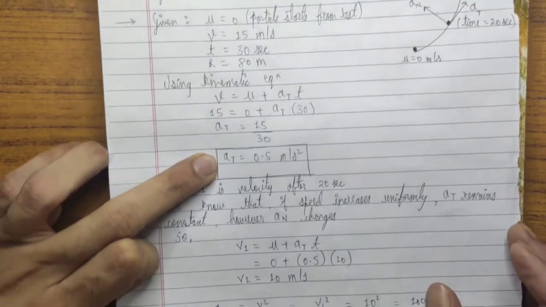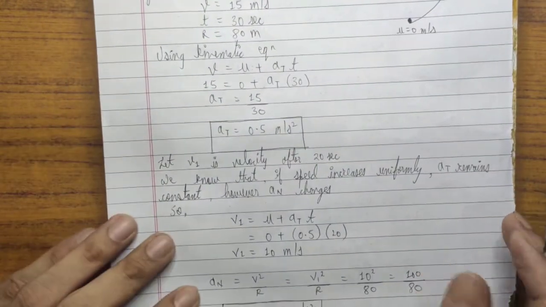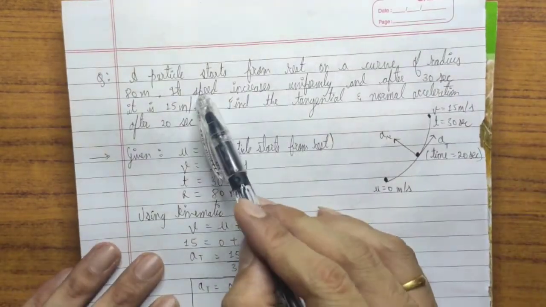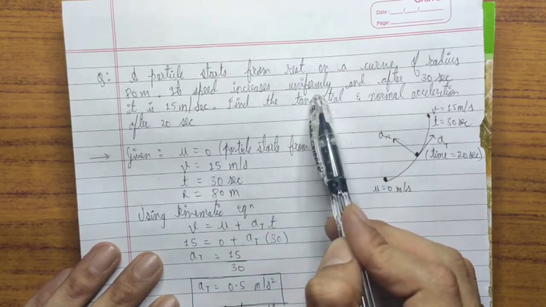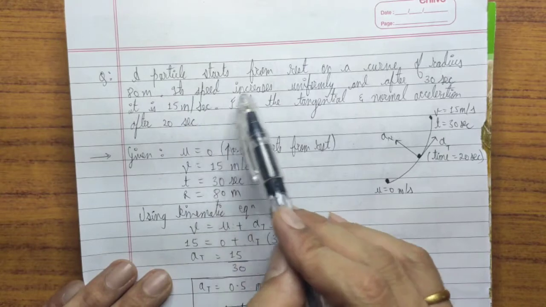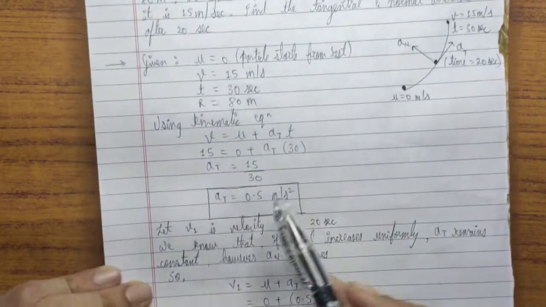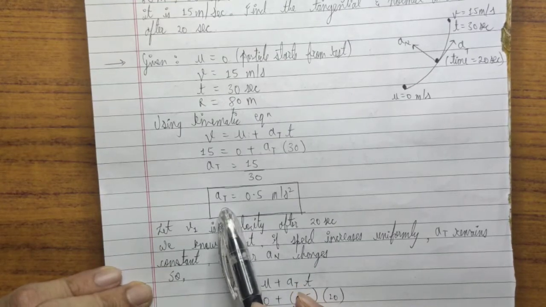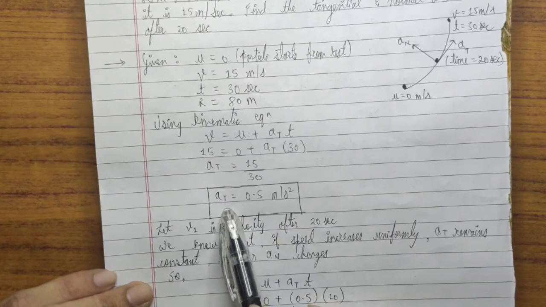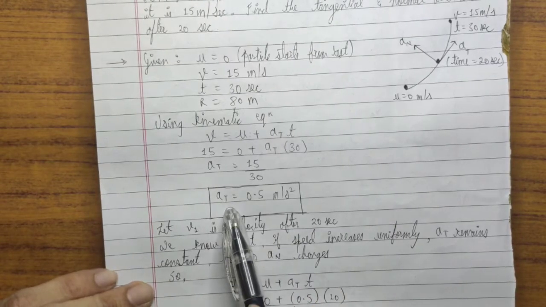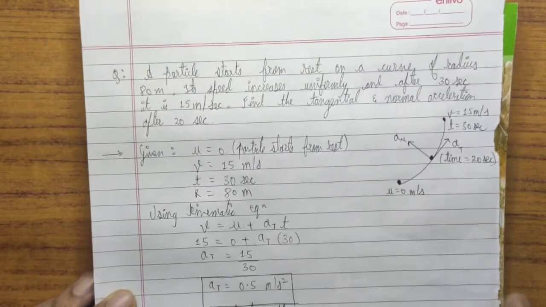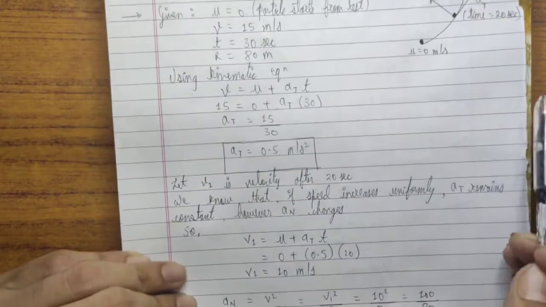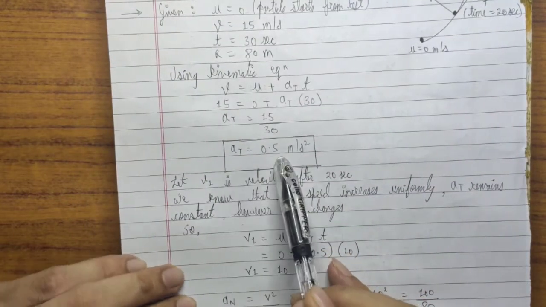Now see carefully, friends. Understand that in this particular case, the speed is increasing uniformly. In our previous video, we have already covered that when the speed is increasing at a uniform rate, this acceleration is constant. It is not equal to 0. It is constant. I have explained this in the previous video. If you are not following this, kindly watch the previous video again. So in this question, the speed is increasing uniformly, at a uniform rate. Therefore, tangential acceleration is constant.